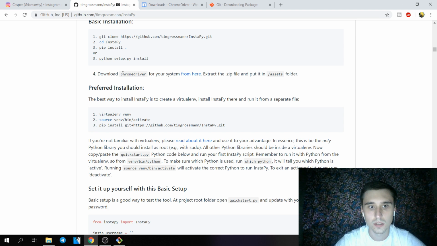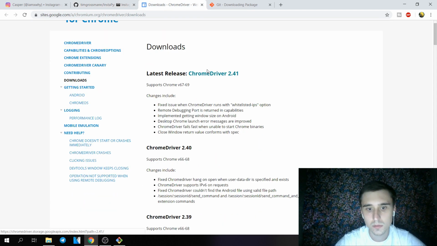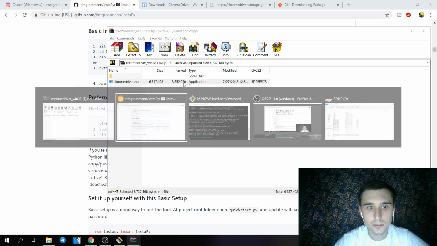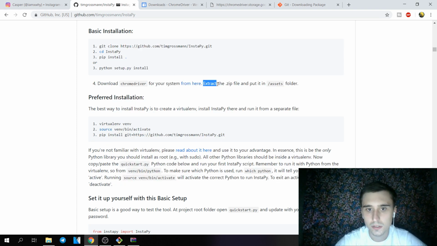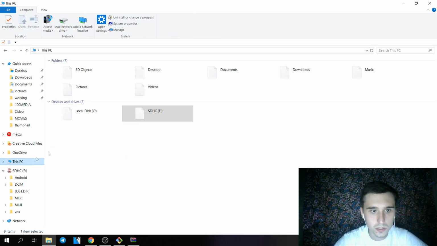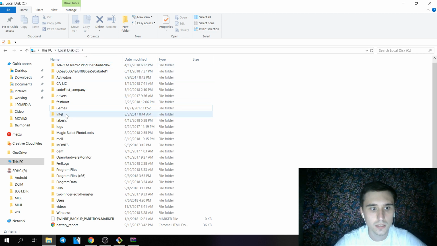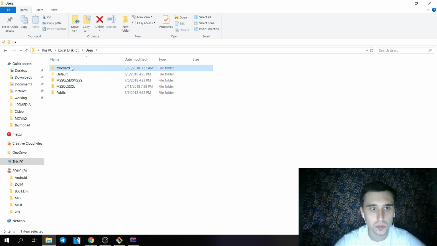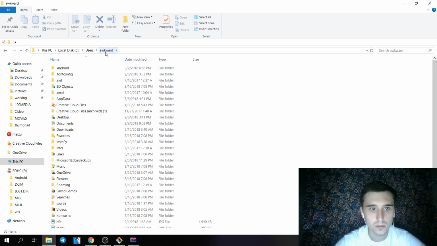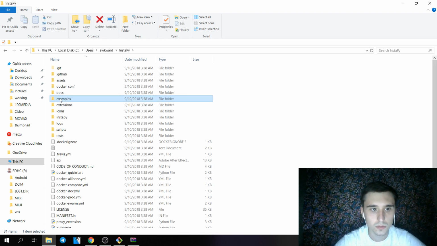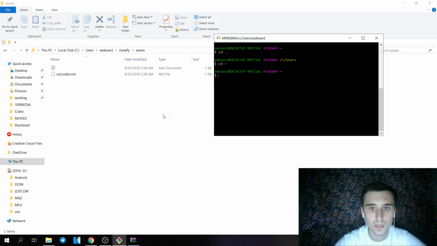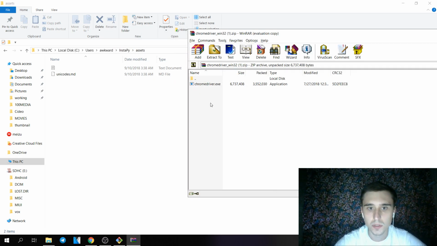We're gonna download Chrome driver. This thing will serve as our browser, and it's written here that we need to extract the archive and put it in a folder in our Instapy project. So basically we're gonna move to This PC. It's a system drive. Usually it's called C drive. It's a logical disk where you have your Windows installed. Users. You choose your user. For me it's awkward. And you're gonna go to the Instapy folder. Here you can see an assets folder, and you should copy your Chrome driver